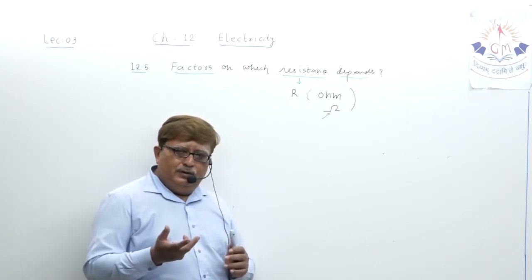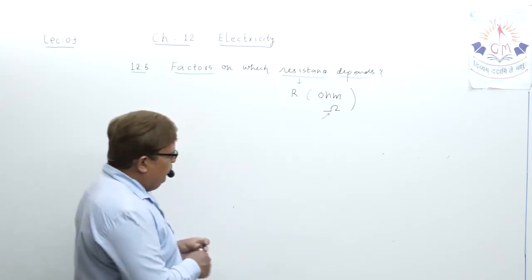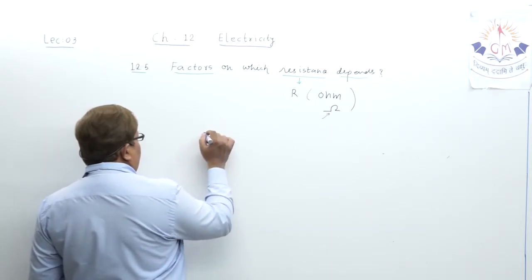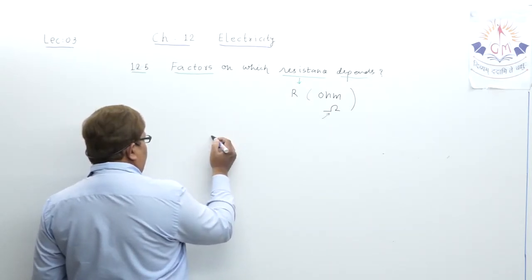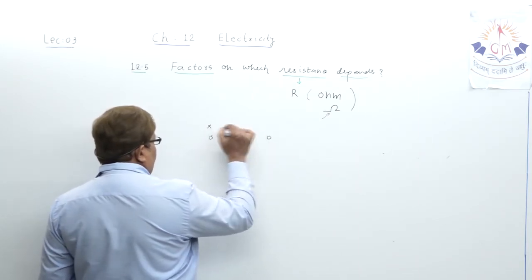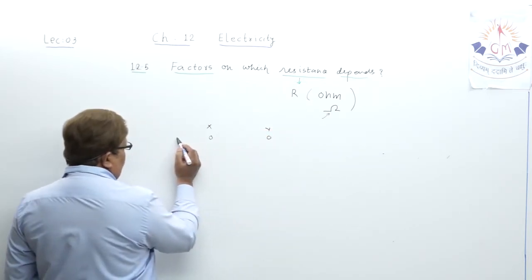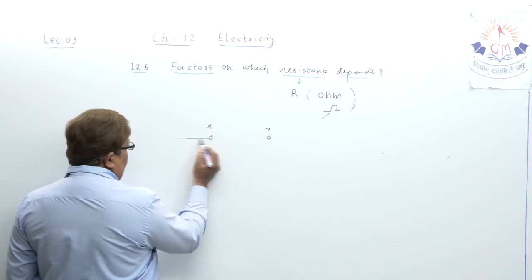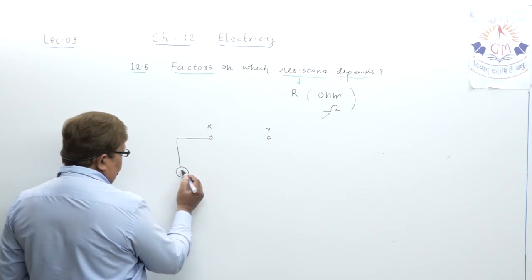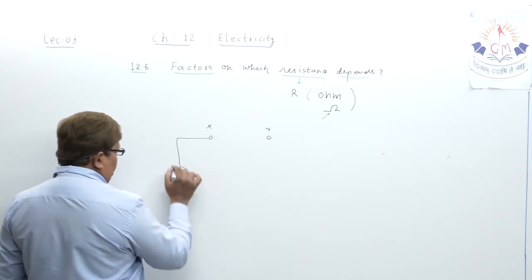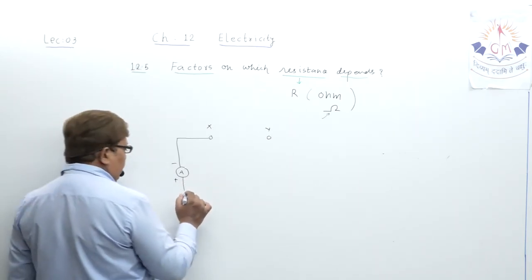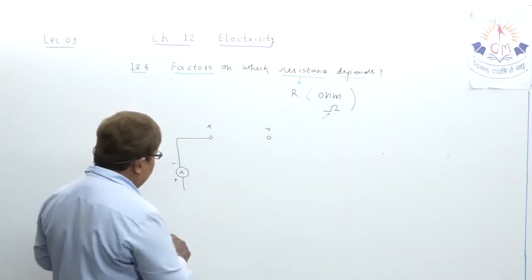Let us perform one activity. Okay. Suppose, my dear student, a simple activity. Let us try to understand one circuit. Suppose there is an XY gap in the circuit. And my dear student, as you know, suppose a meter to measure the amount of current flowing, an ammeter.